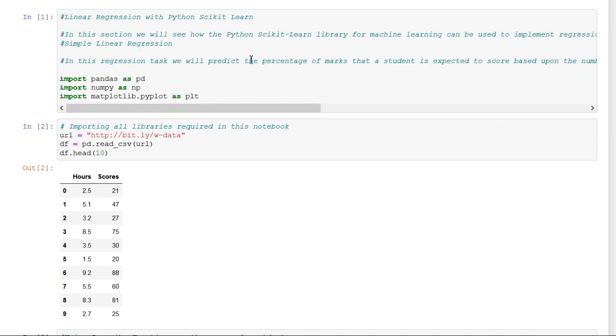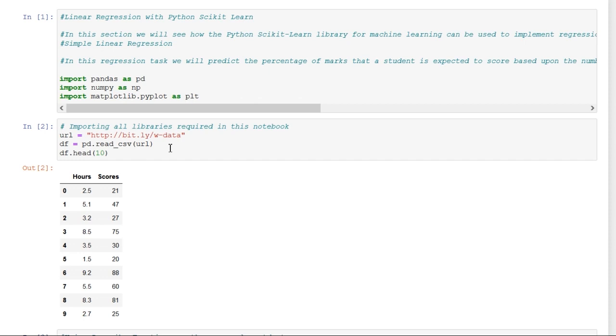Here we import our required libraries: pandas, numpy, matplotlib. We write import pandas as pd, import numpy as np, and import matplotlib.pyplot as plt. After importing the required libraries, we have to collect the data for the linear regression. So we use a website and define its URL.